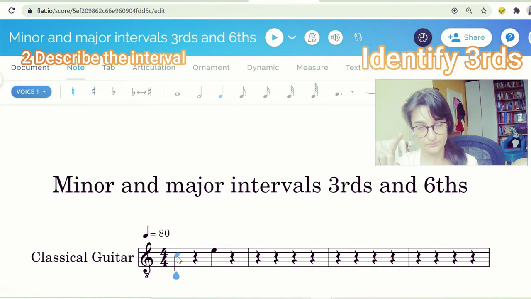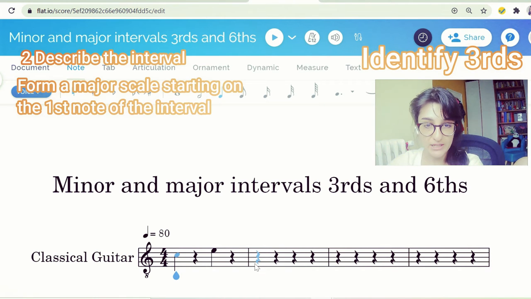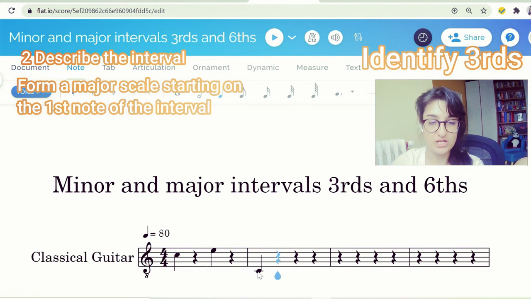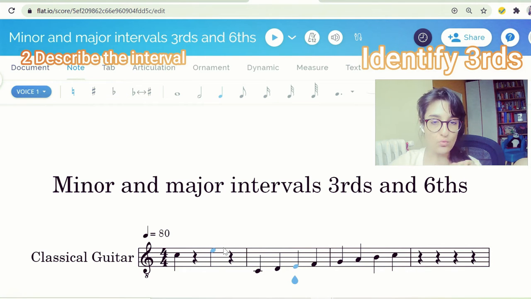And this is what we do. We start forming a major scale starting from the first note of the interval. Scale of C major. Okay? Just for your information, this is a C and this is also a C. Okay, so C, E. After we form the major scale on the first note of the interval, we check